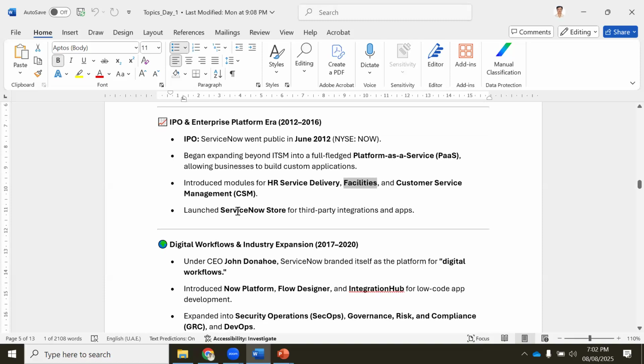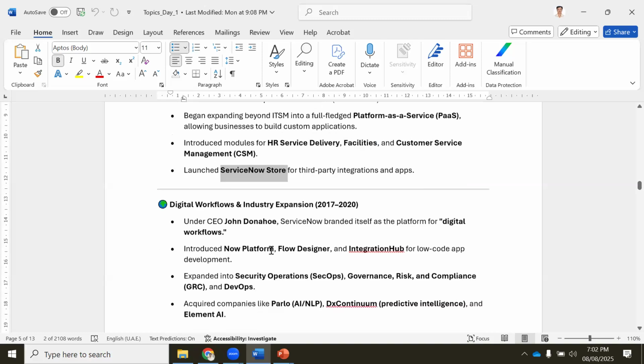So they launched the ServiceNow Store. Store is nothing but like we have an Apple store, we have a Google store, correct? Like where do you download apps from, the Play Store, correct? So those kinds of stores they brought in. Why is a store required? Whenever you want to integrate with any external tool or any additional application, you can just go and download it and start using it. By default, it will not be there. You can just go and get it from the store, the third party integration apps.